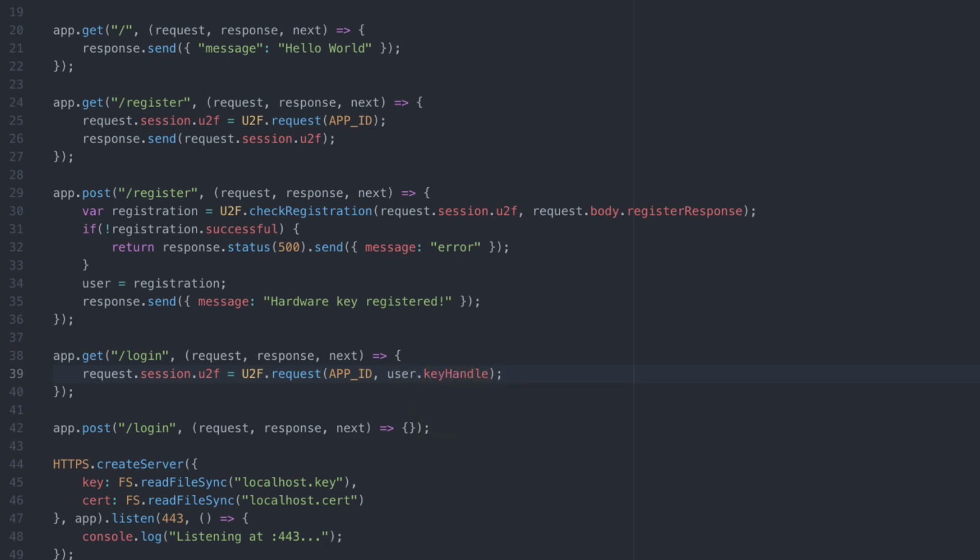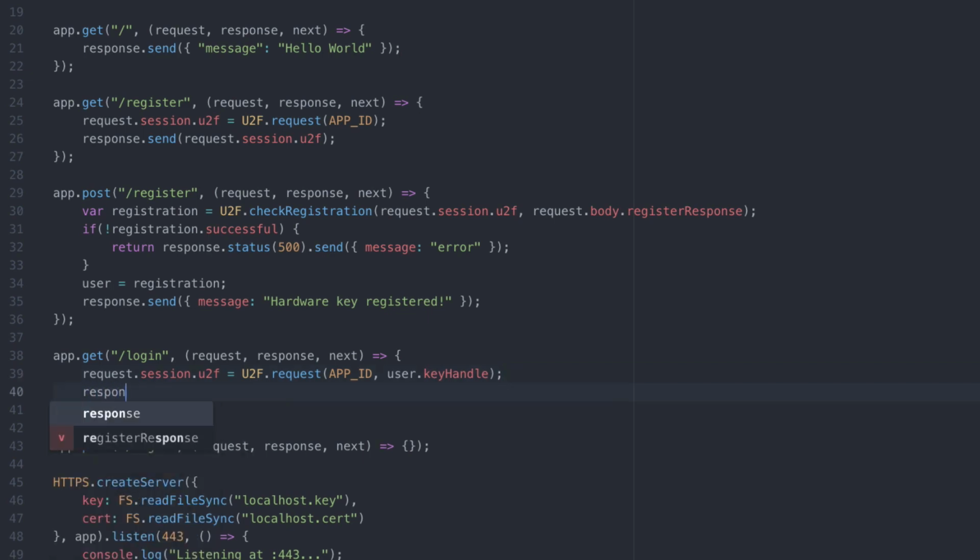So what I didn't show you, if I wanted to, I could print it out in the logs. But what's happening is when we hit the little button on our YubiKey, and it sends that post request, it's sending stuff back to the server. So it's sending the key handle, it's sending the public key, it's sending several different things, some of which is what we want to store. So we want to store the key handle, we want to store the public key. Because this information, it's kind of like a checksum. So it's going to be how the two, server and the client, actually make sure that they are who they say they are. So what we're doing is we're including the key handle in the request for login,